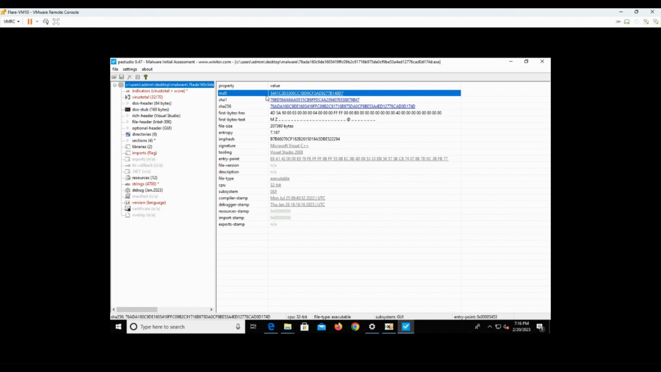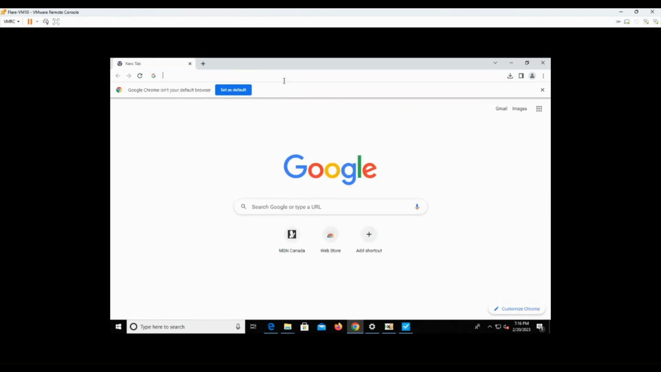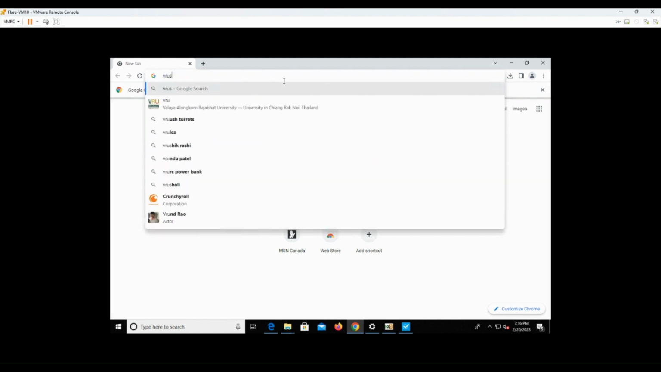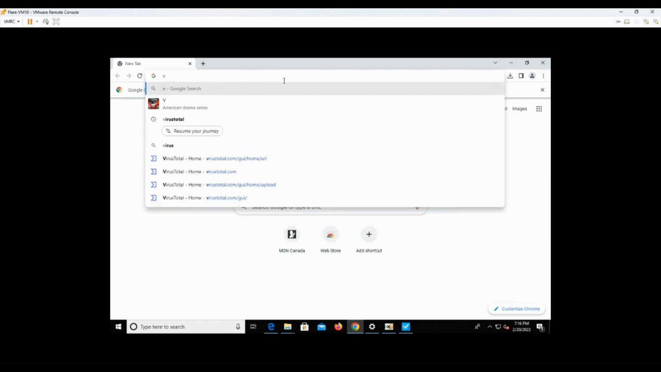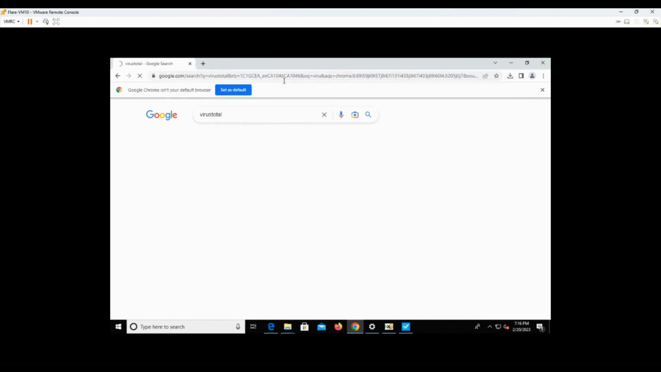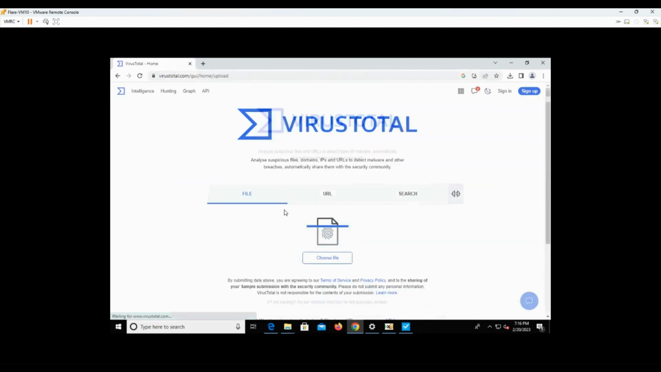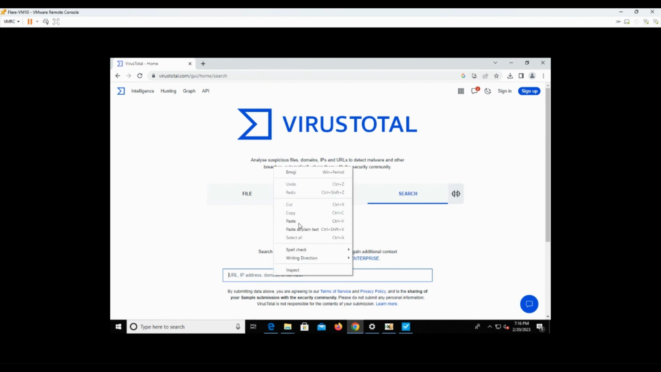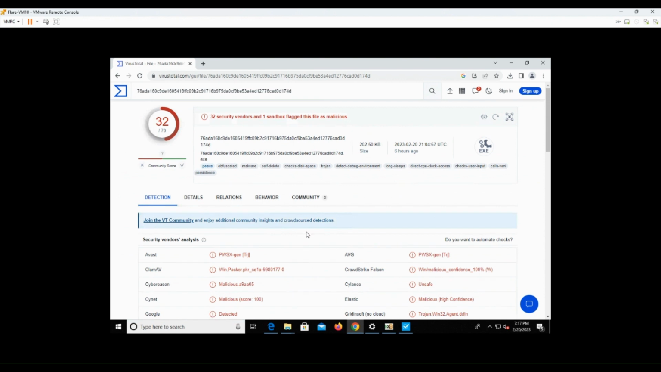What I'm going to do is copy the value here and go to the VirusTotal website. Sorry about the typo. All right, let's open up the website here. Click on search. I'm going to copy the hash here. All right, perfect, great. So we have some amazing information here. So this malware